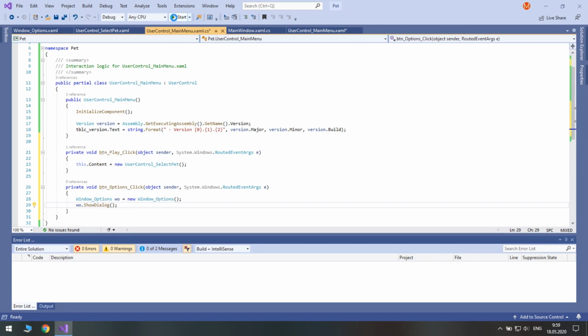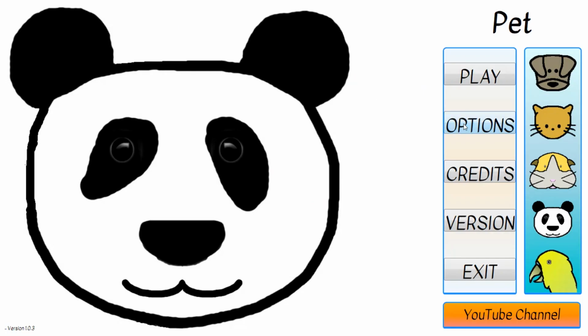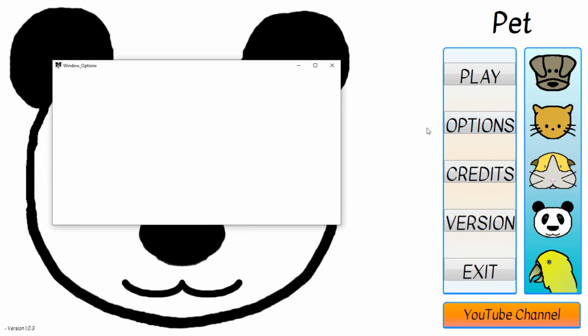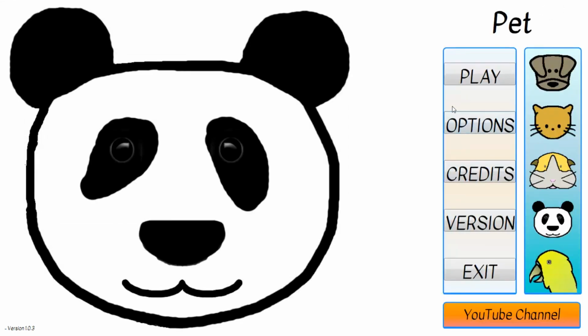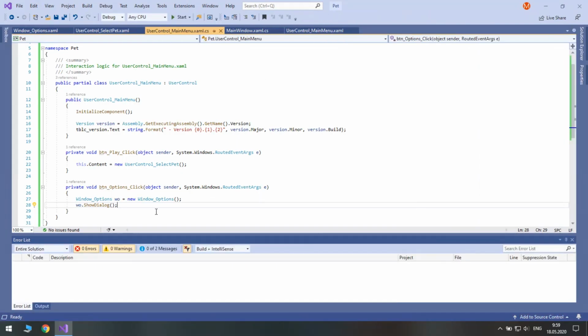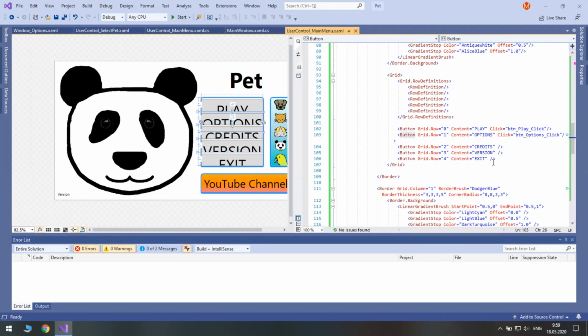Let's check how it works. Now we will set a click event for the credits button.